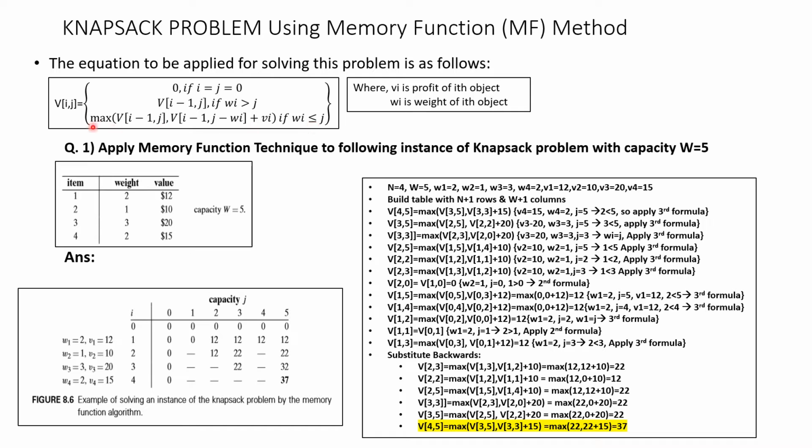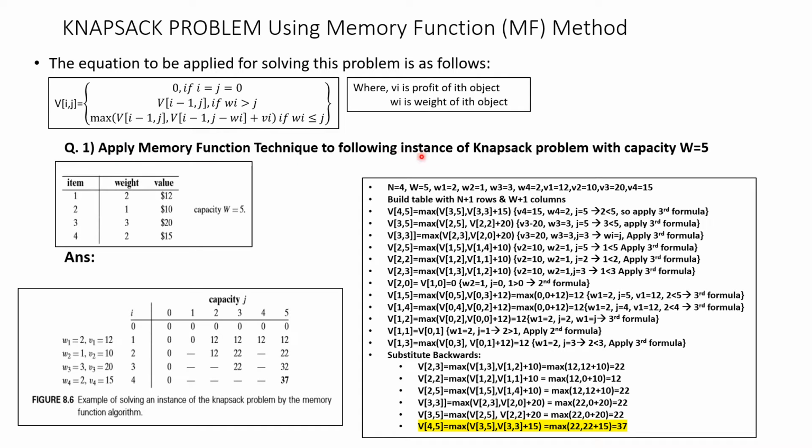Now if you remember, in the bottom-up dynamic programming, what we used to do was we used to create a table, correct? And the final value in that table used to hold the final result. Now in this case also we have to do the same thing. Only thing is, now we have to use a shortcut method that is called memory function method. So let us see this problem.